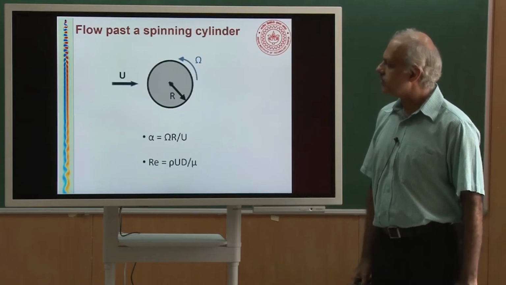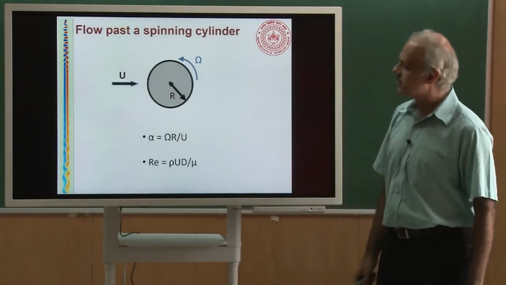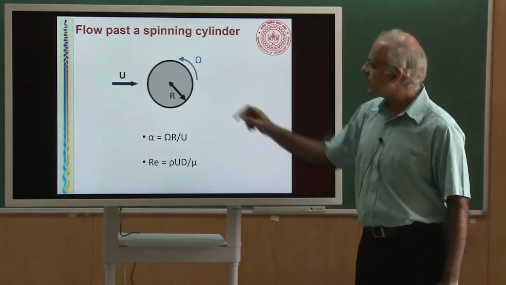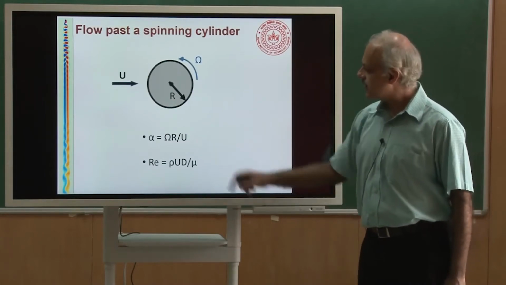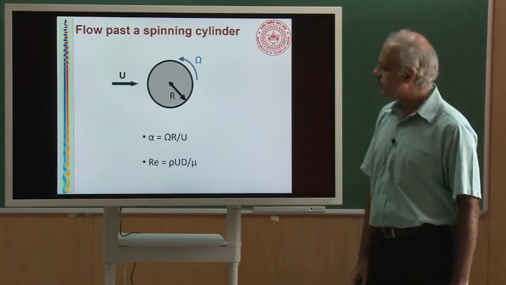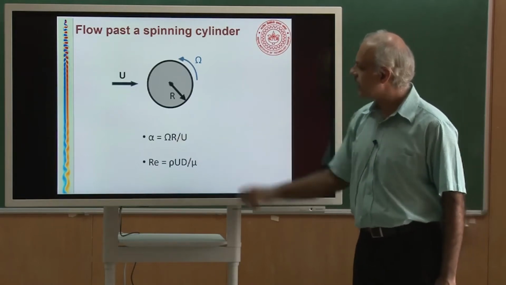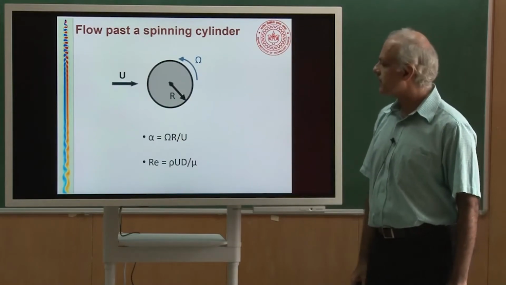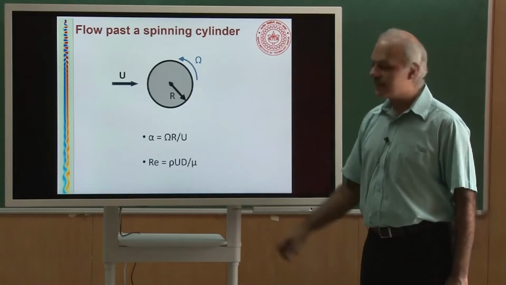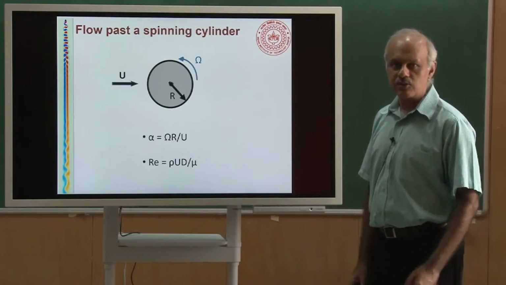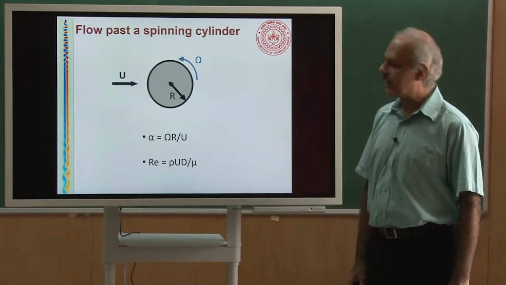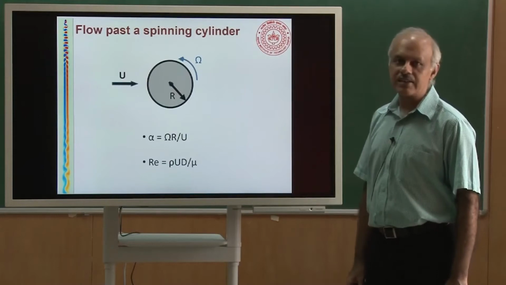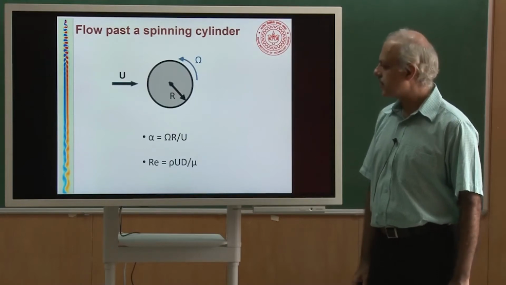So, let me recall for you the problem setup. There is flow coming in towards the cylinder. The free stream speed is u, r is the radius of the cylinder. There are 2 parameters. The first is the ratio of the rotation speed at the tip of the cylinder, that is omega r, non-dimensionalized with the free stream speed, so that is alpha. And now the second one is the Reynolds number. Of course, when we looked at the blackboard, there we were looking at the potential flow, so there is no Reynolds number there, or you could think of Reynolds number being infinity. Okay.